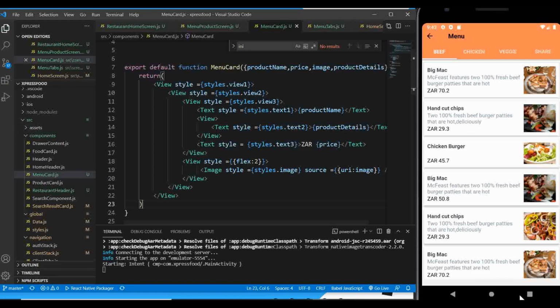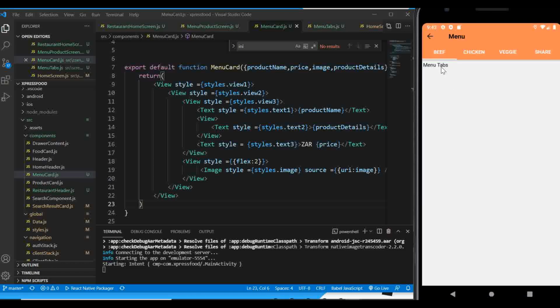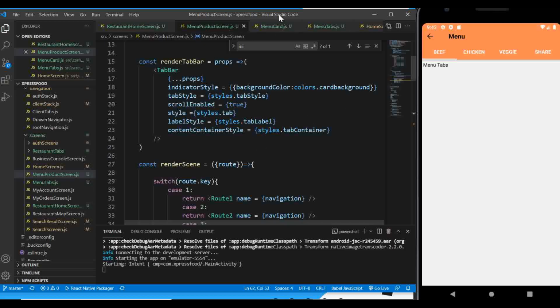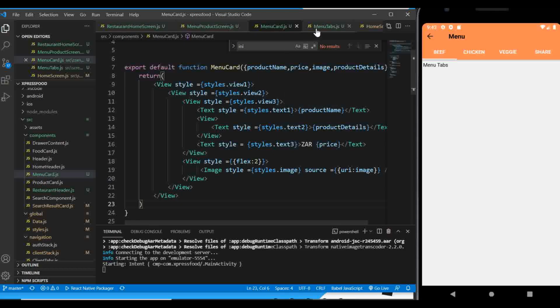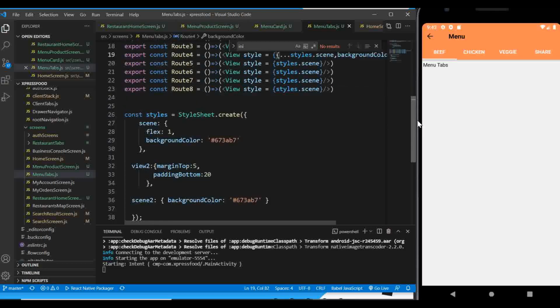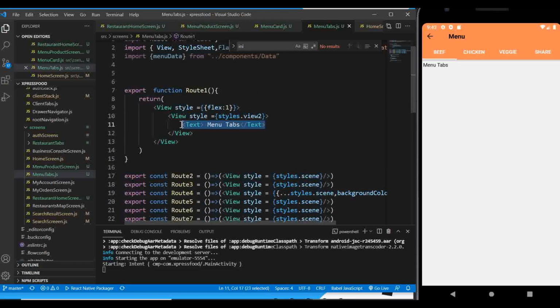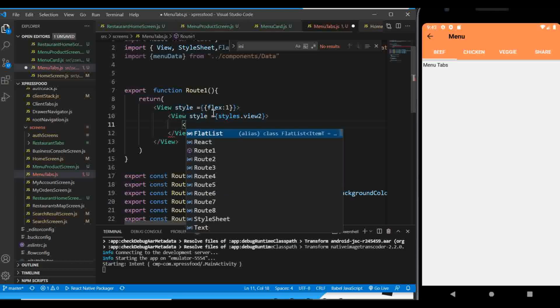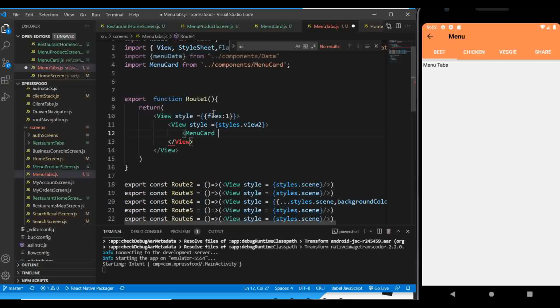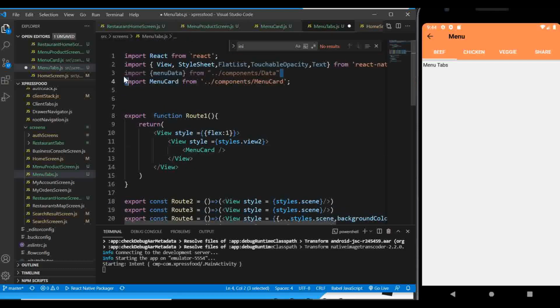and now instead of rendering this text menu tabs inside our route, inside our route 1, I'm gonna delete that, and then instead we're going to render the component that you've just created. So I'm going to render the menu card, and we close the tag. So you can see that the menu card is imported already on top here. Sorry, it's imported here. Import that, and